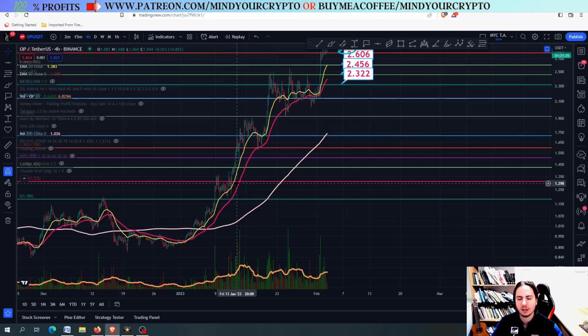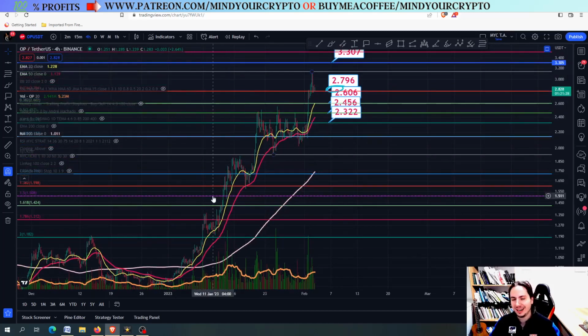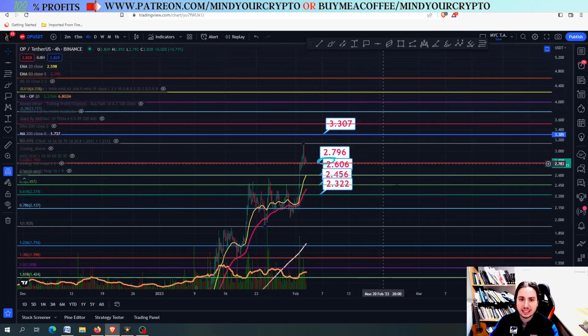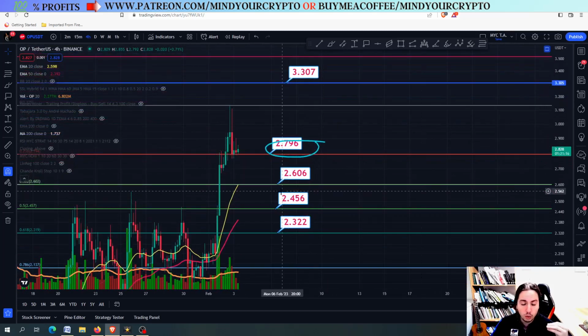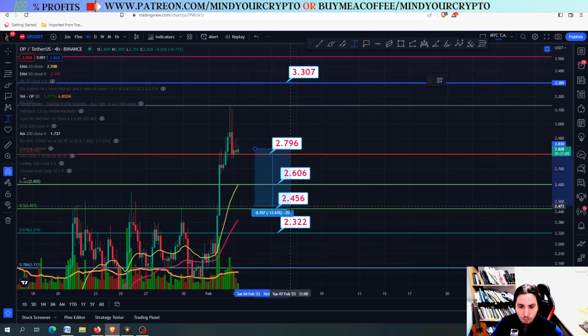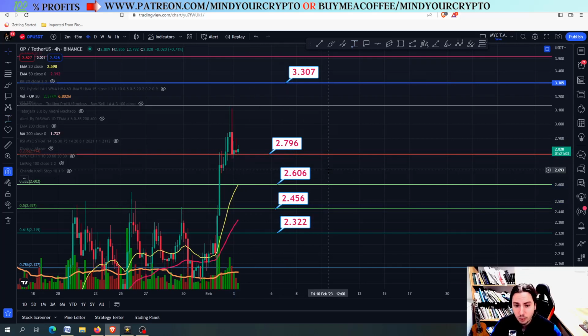Do not panic sell. Okay, do not worry about it. You can sell whenever you like, right? So you know better if you bought right there. Okay, but if you plan to buy now or you have bought right here, losing the 2.796, the best scenario will actually be to hold the 2.456, and this means that we are going to correct by more than 12%, which is a huge correction, right? But at the end of the day, let's see what we are going to do.